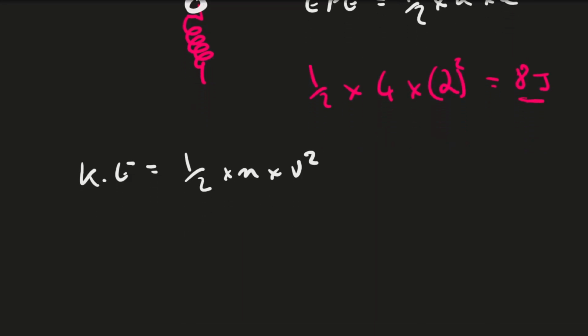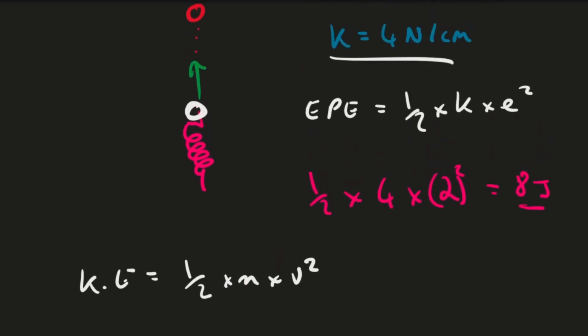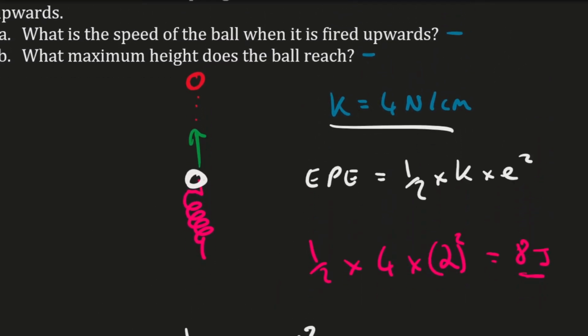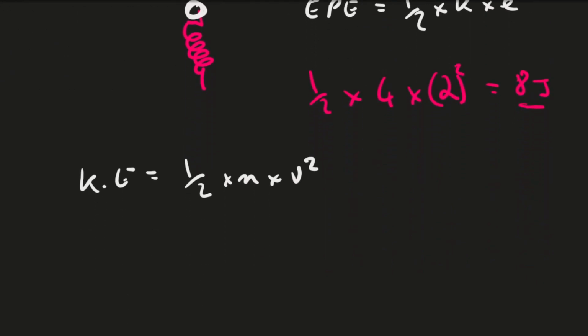And what we can say is that when the spring reaches its unstretched length, there's no longer any extension, and therefore we know that the elastic potential energy has now gone to zero. At its unstretched length is when the ball is going to be released, so we can work out what the velocity or the speed of the ball will be when it's fired upwards. So we can say that 8 joules of the elastic potential energy was entirely converted to the kinetic energy,